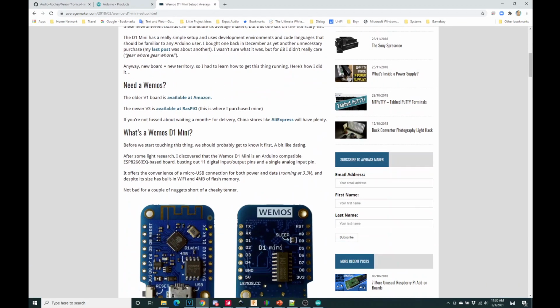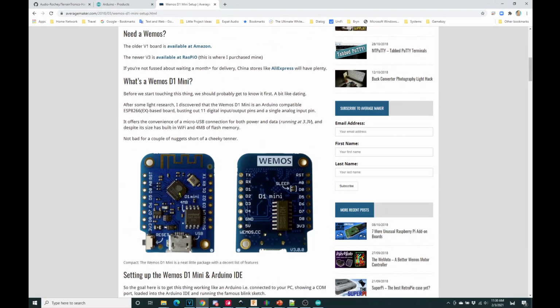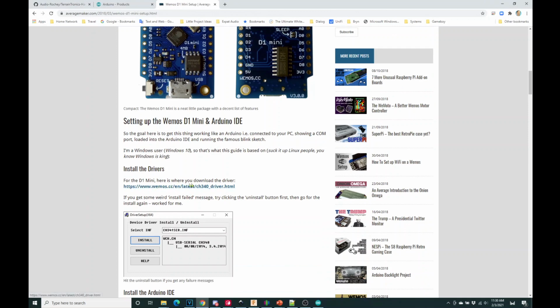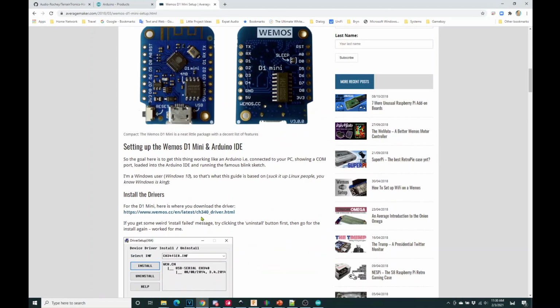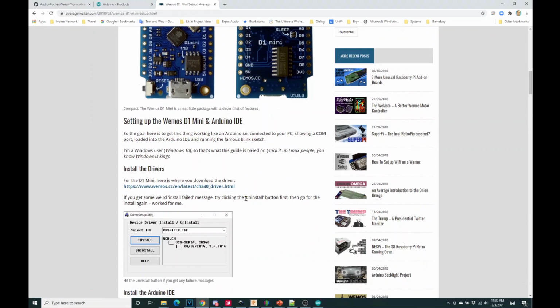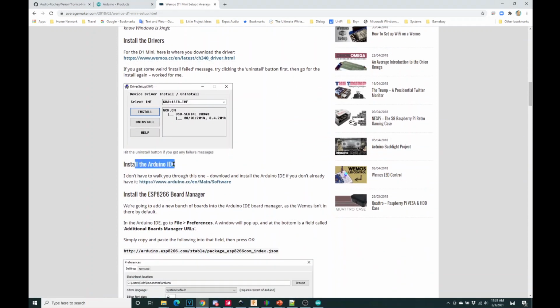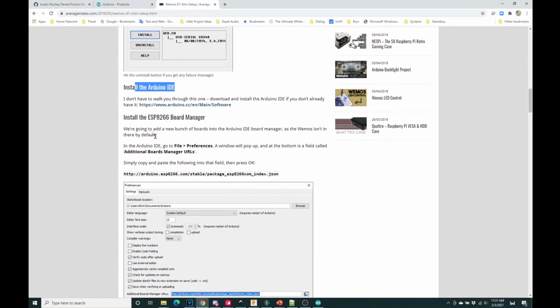This is the D1 Mini here. There are some which look like a module on here. Those are the ones I have, but they're all the same circuitry. The first thing you need to do is install a driver that allows you to talk to the D1 Mini, and the D1 Mini uses this CH340 IC. So you have to install that driver. There are instructions here; you don't need me to repeat them, you can read them in your own time. Then you're going to install the IDE, which we've already done, and then you're going to install the